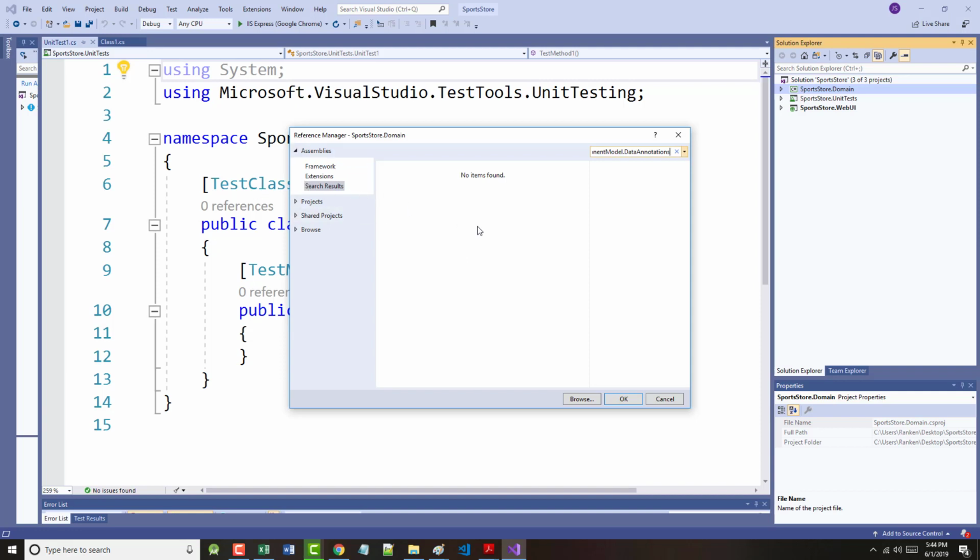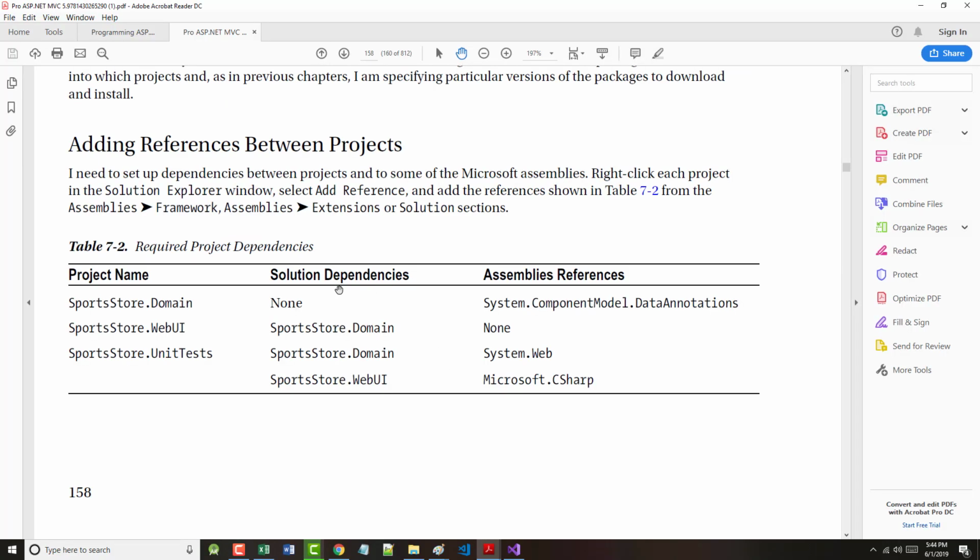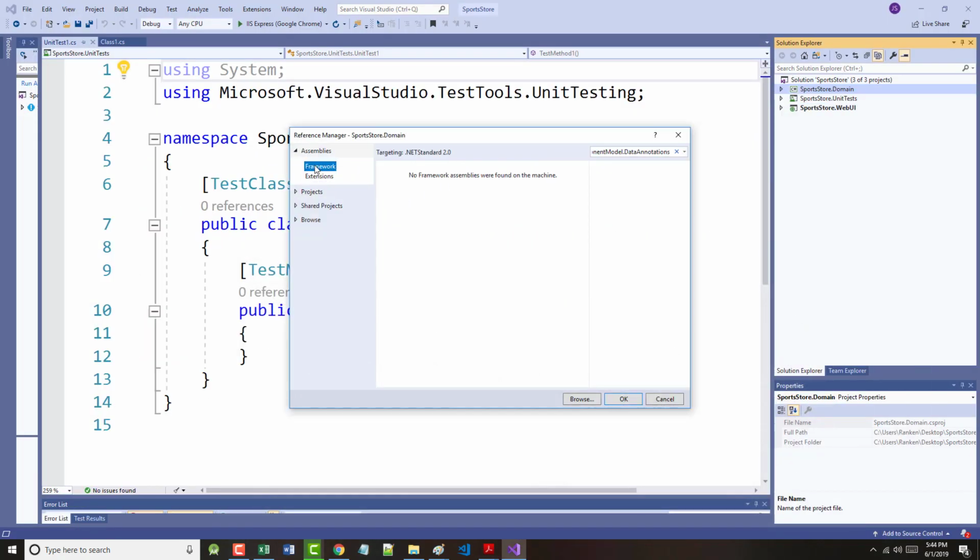Of course, that's not good news. So maybe I'm doing something wrong here. Let's double check. Right-click each project, choose Add References, and add the references shown in Table 7.2 from Assemblies, Framework, Assemblies, Extension, or Solution. So, Assemblies, Framework, Assemblies,